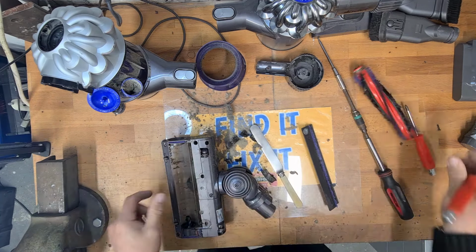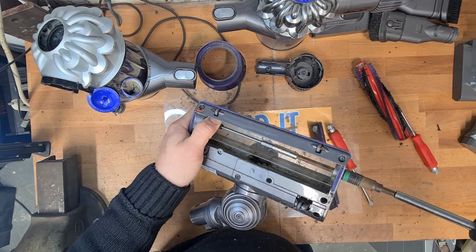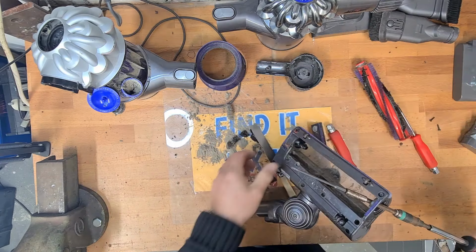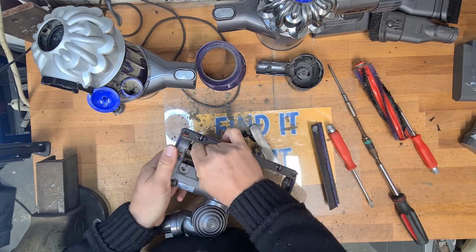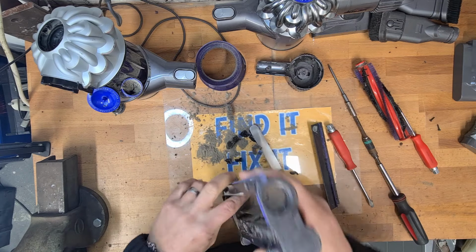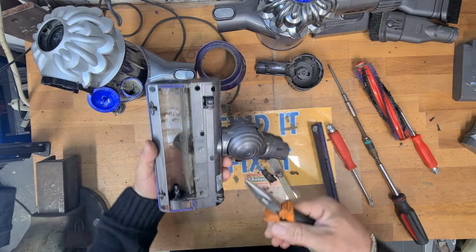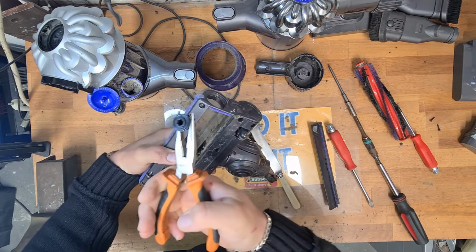Right, the reason we need the T8 Torx bit on this long old thing, as you can see here, we need to go all the way in into this black spindle. Hold the spindle with your finger, undo the screw. It's just a little screw in there. See it there? Pop that to the side, get the screwdriver out, and give this a goodness me, that is stuck in there. Right, that is stuck in there, so we're just going to give this a wiggle, and there we go. Pop that off. That end's quite clean,